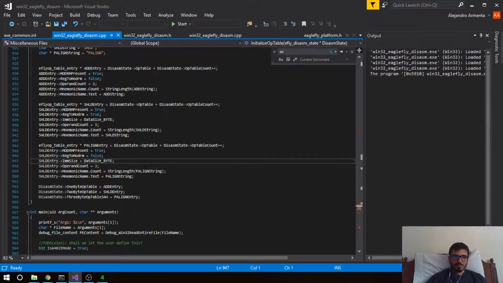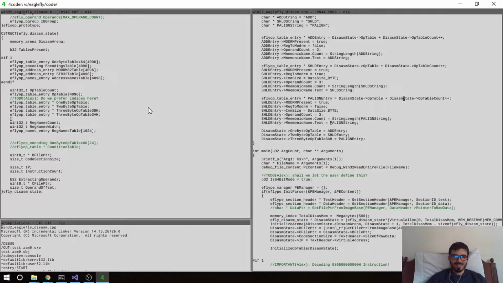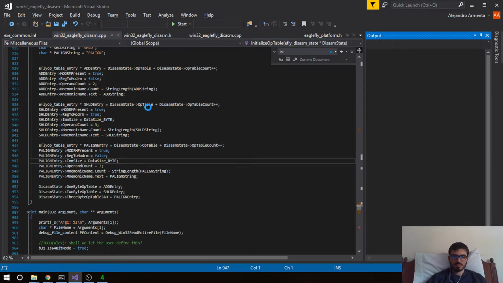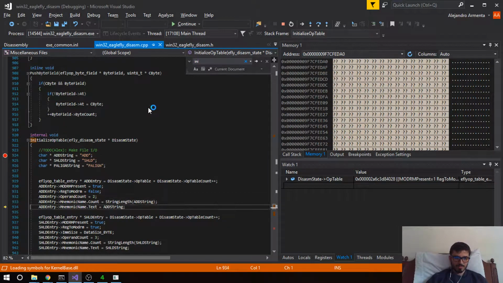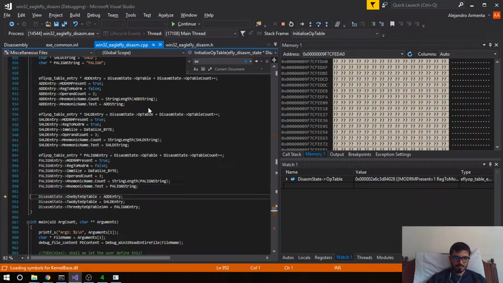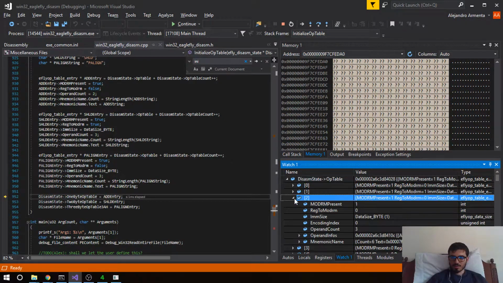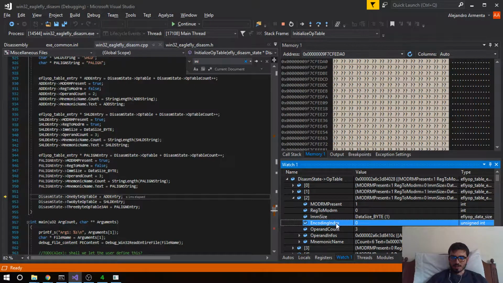Oh, my bad, my bad. I was like, what? Of course, we have to point to the right thing here. Alright, there you go. We have size by mother and preset, rect to mother m is false, encoding index is